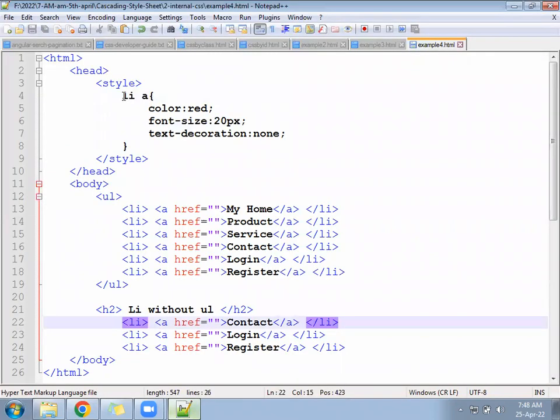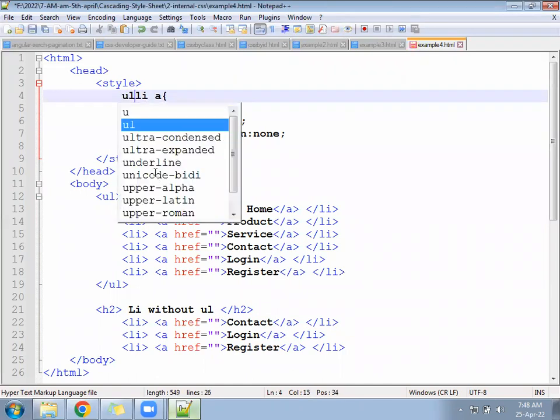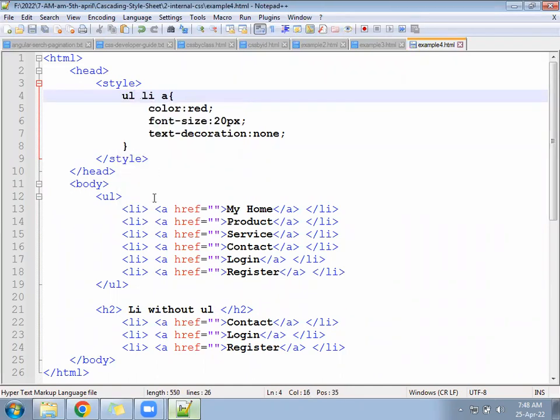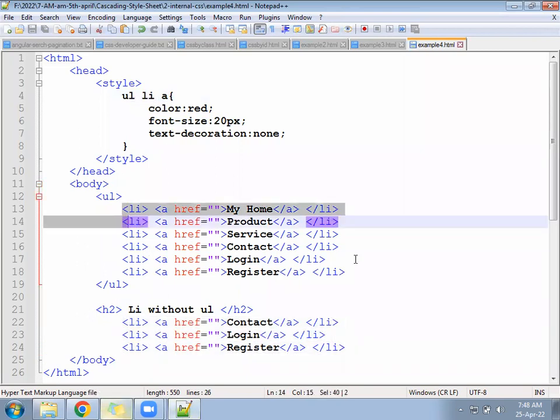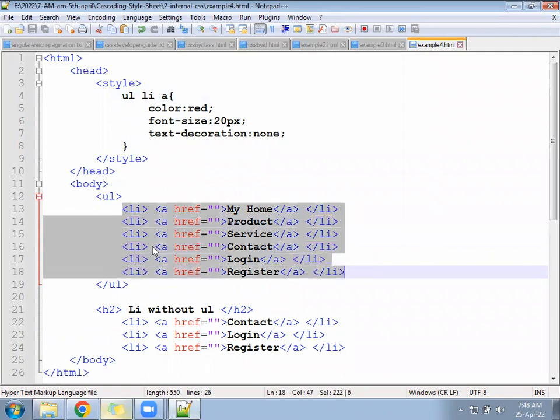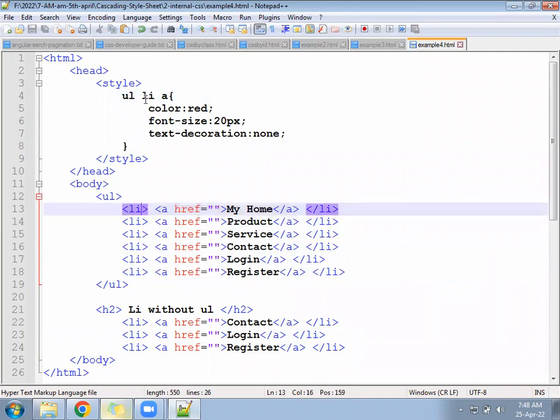Next we have a case. Suppose I address it like this, ul space li. The bottom li are not part of the ul. So what will happen? Your compiler will not reach till the last li. It will only reach the first li and its A tag, because we have given that li's parent should be ul,